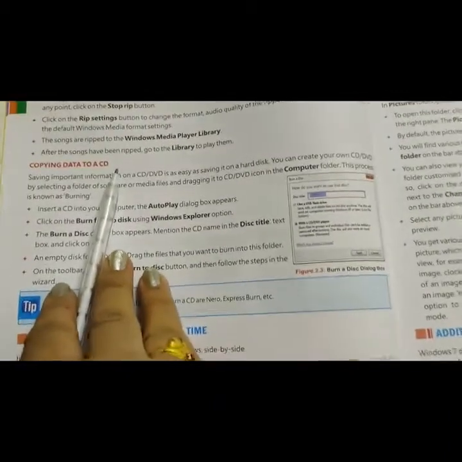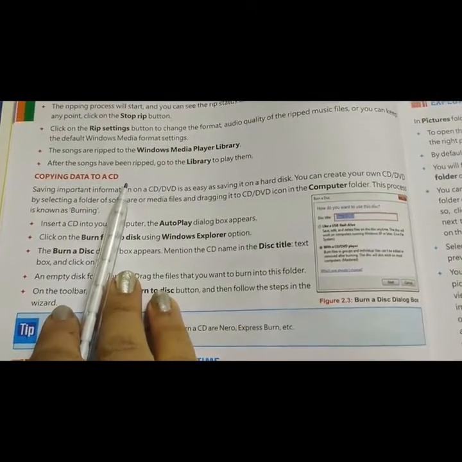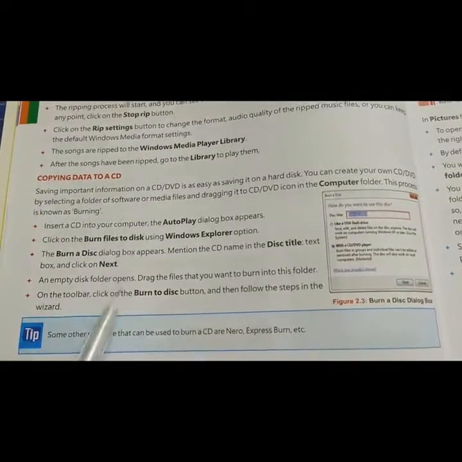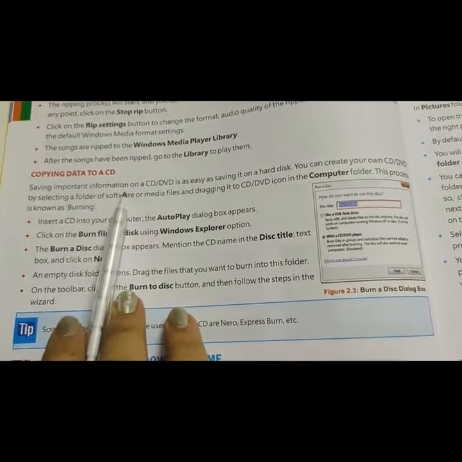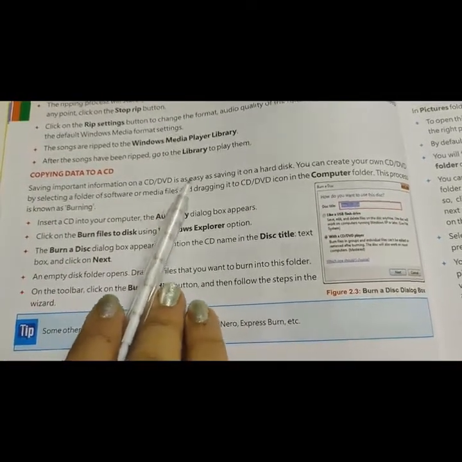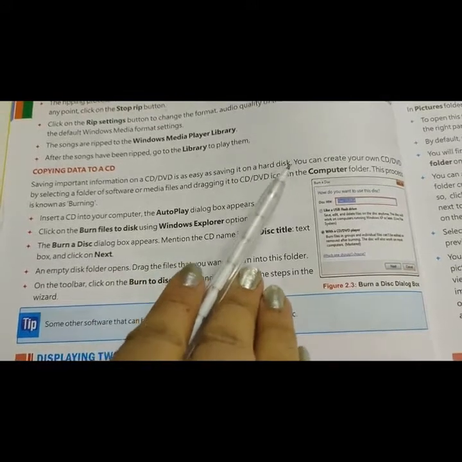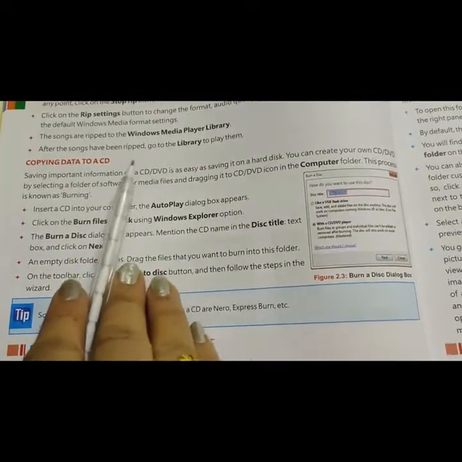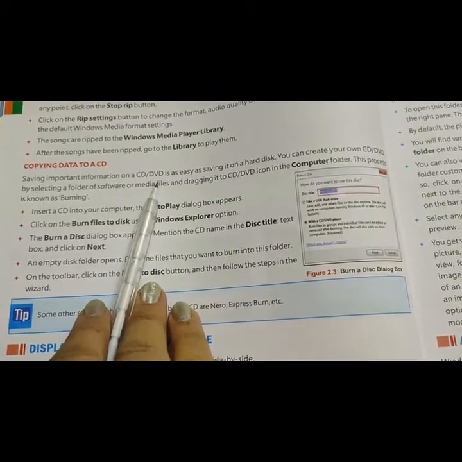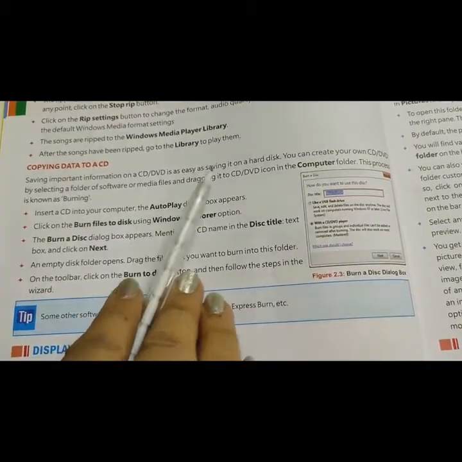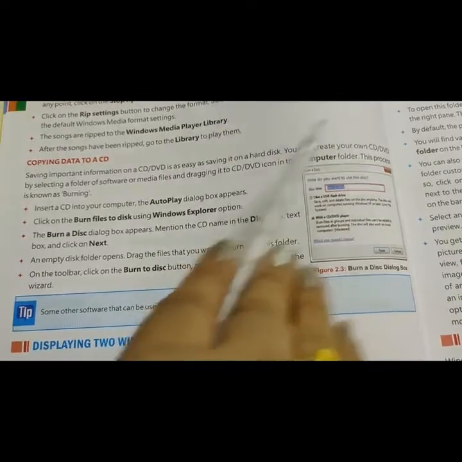If you want to copy your data from your computer to a CD, the following processes are there. Saving important information on a CD or DVD is as easy as saving it on a hard disk.